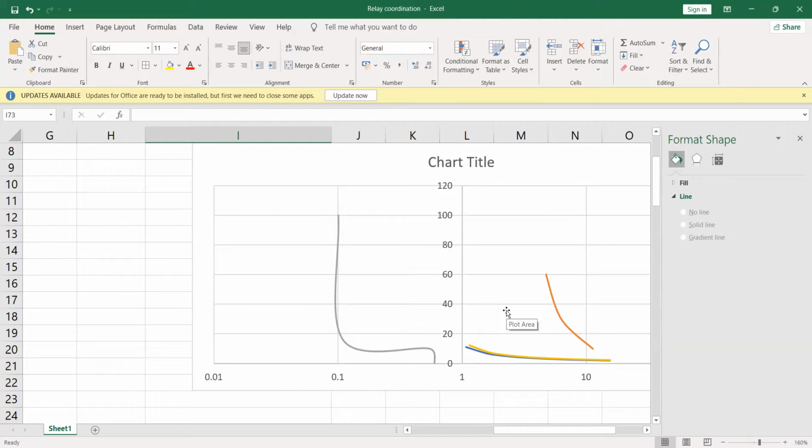Are you able to see this? Yes, sir. Yeah, see now we have put the curves, but we have not done the coordination. We are yet to do the coordination. Till now, we only created the curves: incomer curve, outgoing curve, damage curve, starting curve. Now it is time to do the coordination.